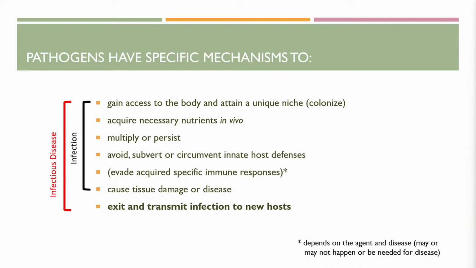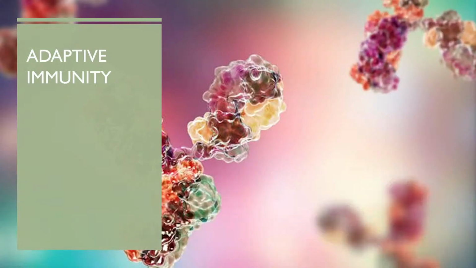So the first 6 points here are causative agents of having an infection. But when the pathogen is able to exit and transmit the infection to new hosts, or new cells, then that's when we can call it an infectious disease. So this ties into what we talked about in infection versus infectious disease. So we'll go through some